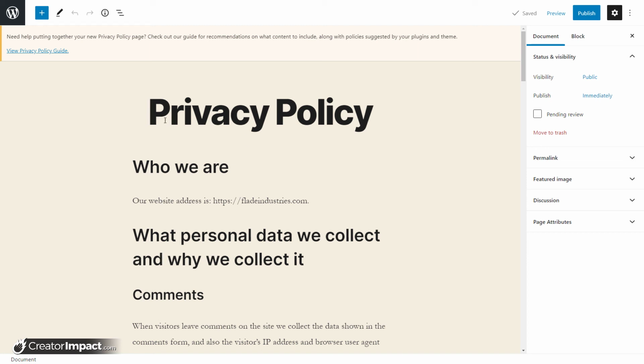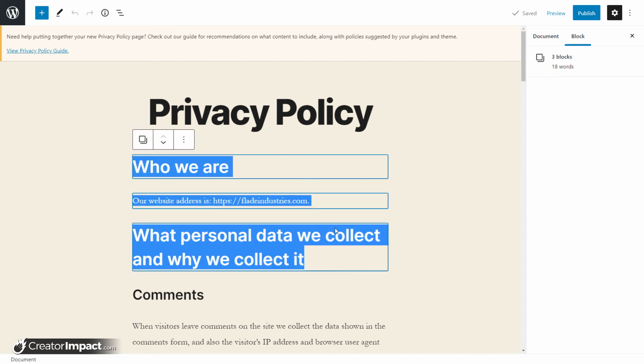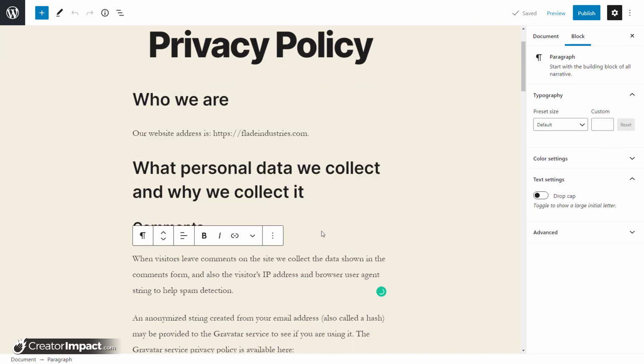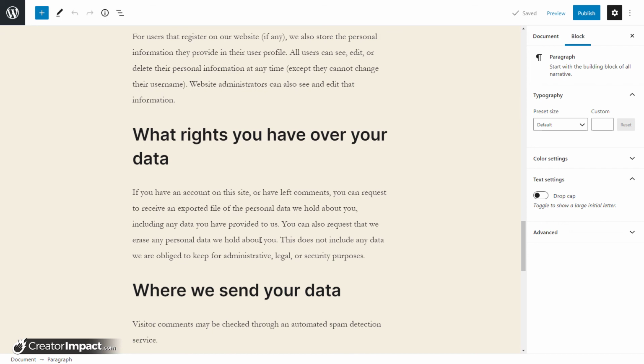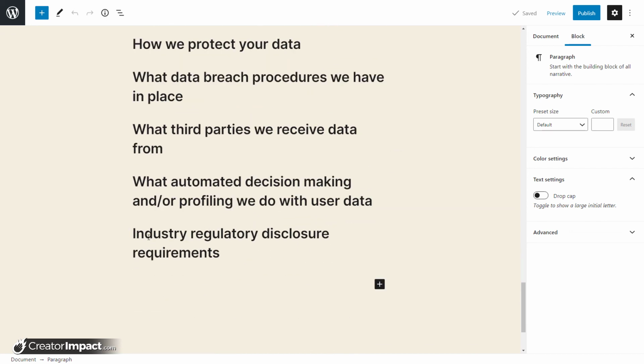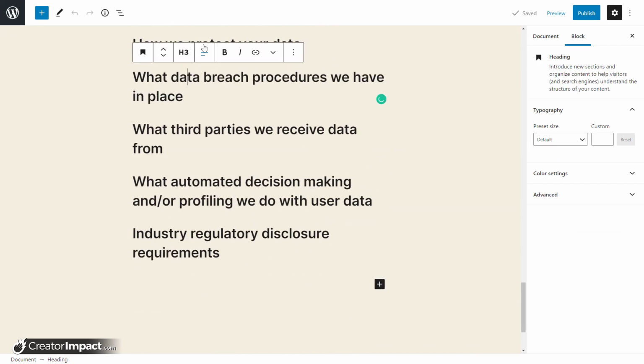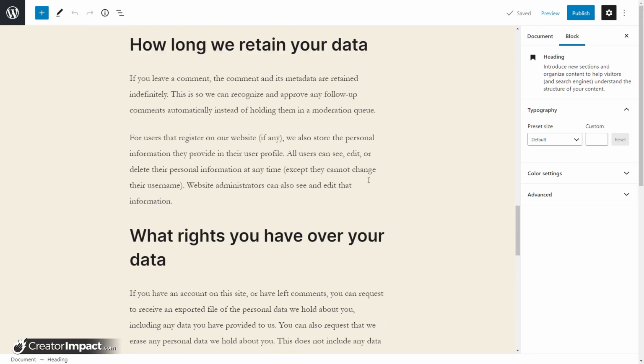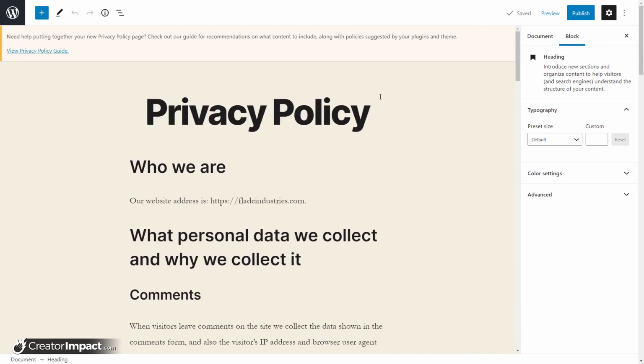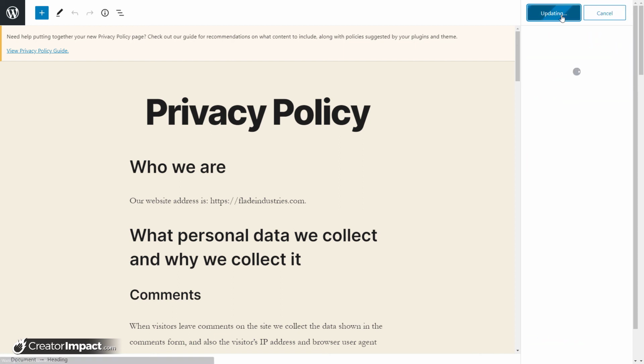But yeah, you simply go in here and you can copy and paste your privacy policy in there and go from there. But just something to keep in mind. I'm sure you don't want to watch me type up a privacy policy, but that's basically it. We'll leave that privacy policy as it is for now. So yeah, you can go through and set those up. But otherwise a privacy policy generator or a solicitor or a lawyer is probably the way to go there. But I'm going to publish this as if we're happy with it